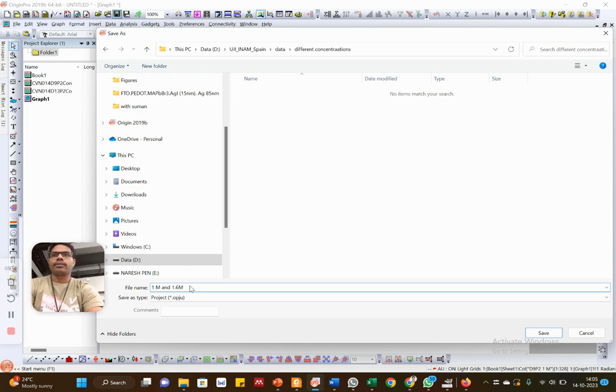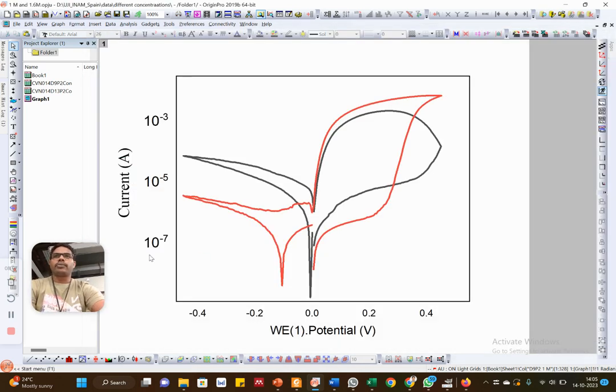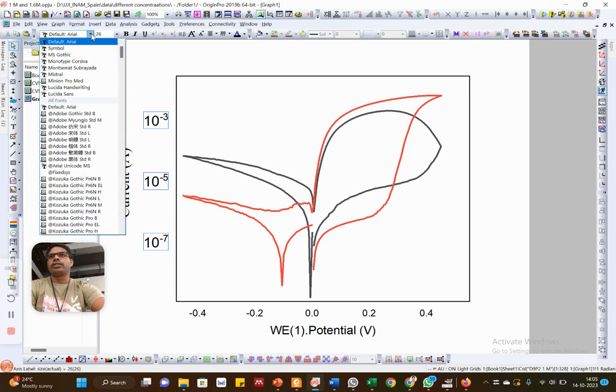So this is the Origin format. It will be saved, and everything I just change